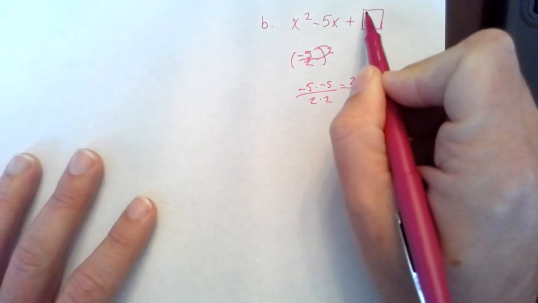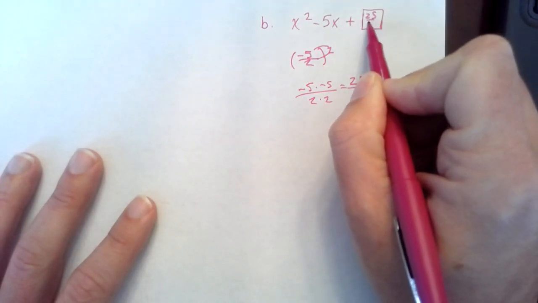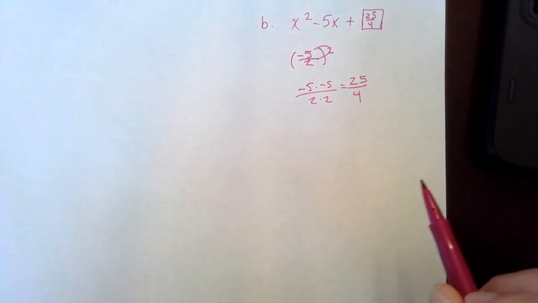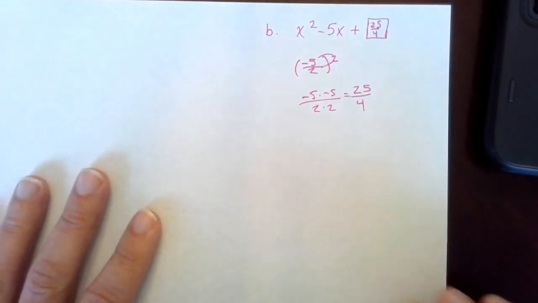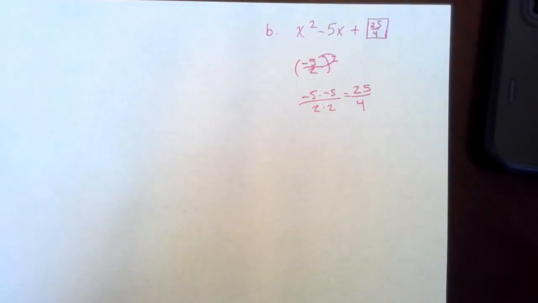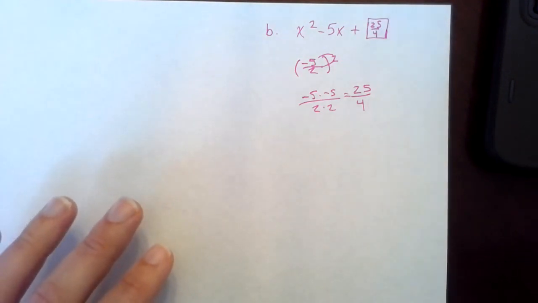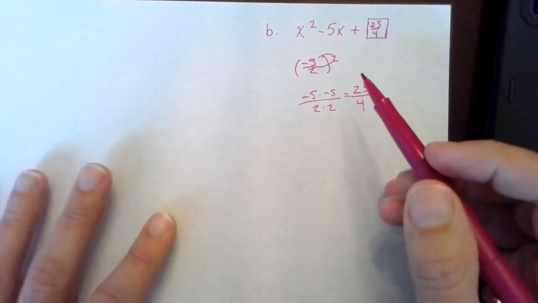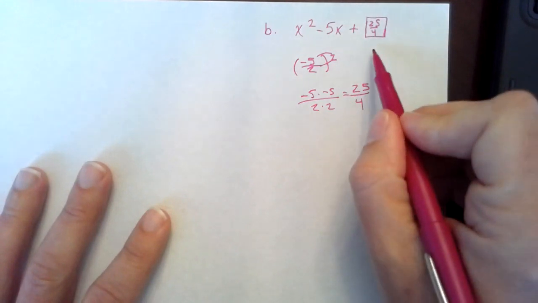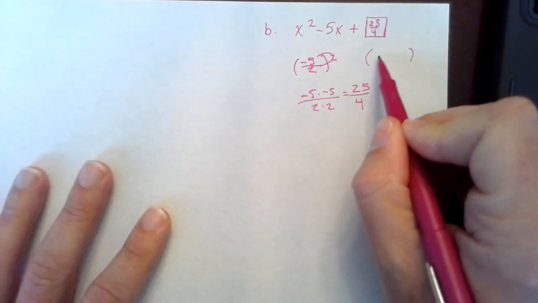So that is what completes the square. All right. Now I know that's a weird looking number. It's actually, what is that going to be? 6.25, 6.25. But now comes the part, the reason why we want to leave it that way. Because recall, we want to have it factored. I want to factor it,